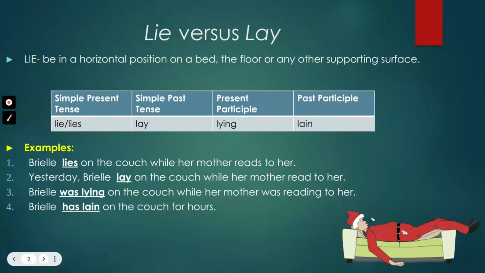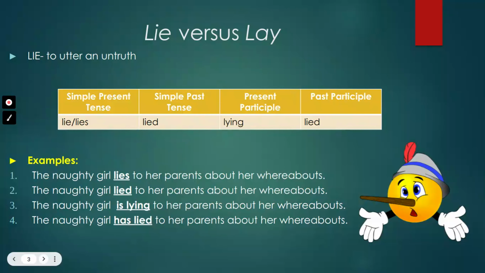Good. So we move on now to our second definition of the verb to lie. And the definition here is to utter an untruth or to say something that is not true. Now, take a look at the table. The table again displays the different verb forms of the verb to lie that carries the meaning to utter an untruth. And if you compare this table to the table from before on the previous slide, you will notice